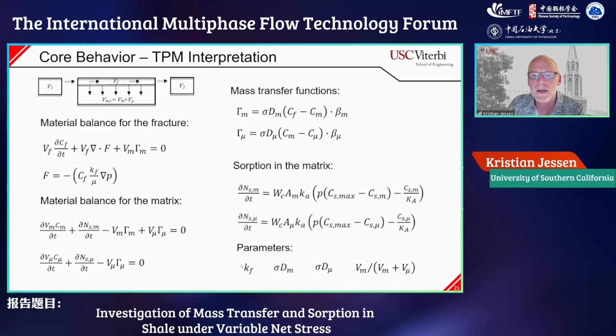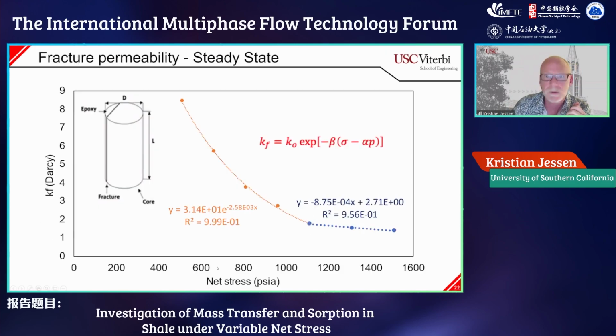with 4 different parameters that we need to estimate to use this model. The first one is the fracture permeability. Then we have two inverse characteristic times, one for mass transfer into the mesopores, one for mass transfer into the micropores, and then the ratio of mesopore volume over the entire matrix pore volume. That's what we need. So we first took a look at the fracture permeability, and we did that by doing steady-state flow-through experiments,